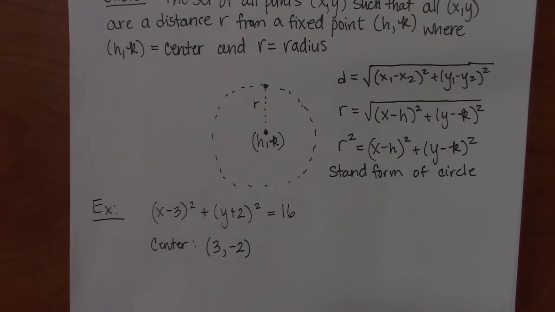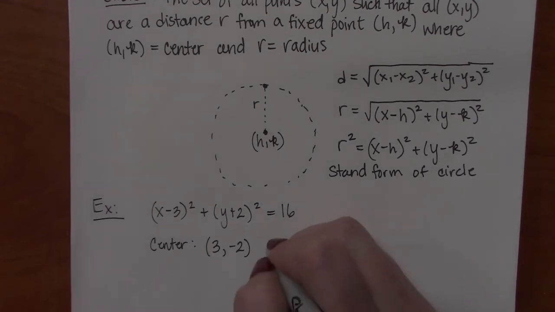So one of the shortcuts that students like to think of this as is, it's not really changing signs, but notice when you pull the center out, the signs are the opposite of what they are in the equation. So if you have a minus in front of the 3, it comes out as a positive. If you have a plus in front of the 2, you pull it out as a negative. Does that make sense? So that's one of the things you want to make sure you can literally just pull the center out. And the radius here